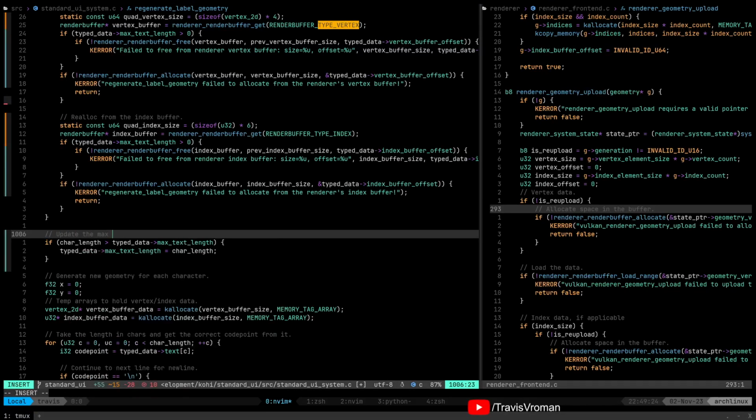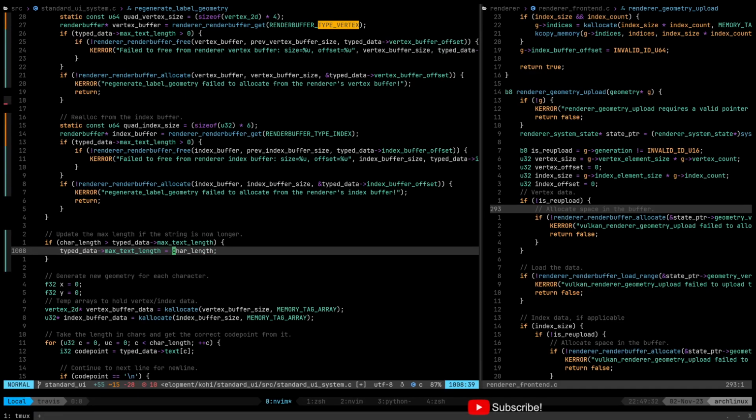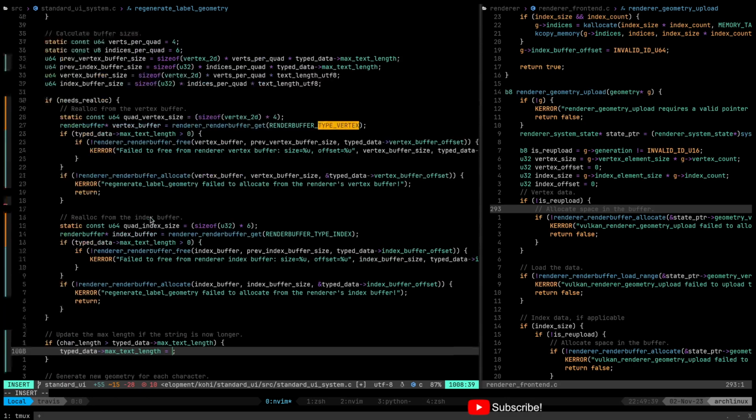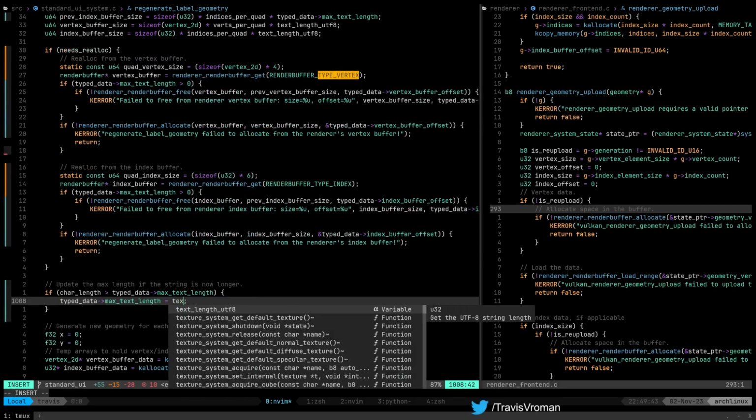Then we go ahead and update the max length if the string is now longer. And this should not be character length. This should be, what was it? Text length UTF-8.